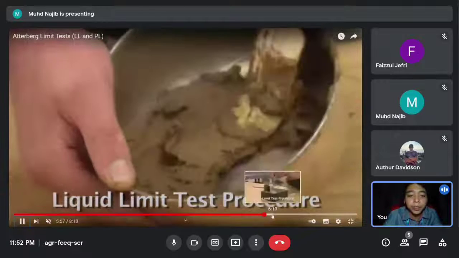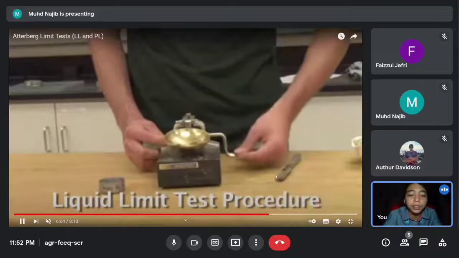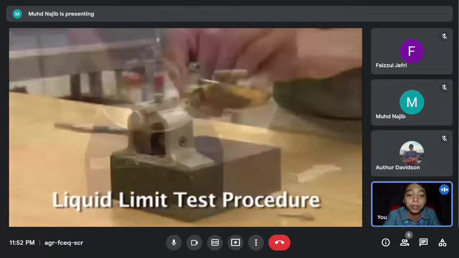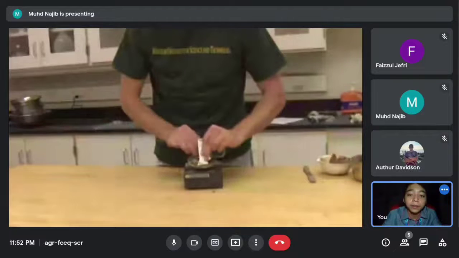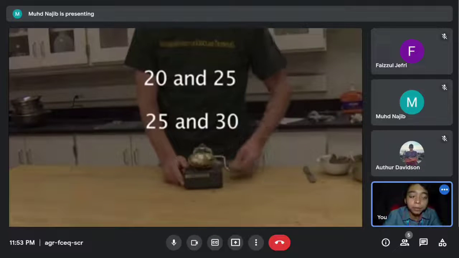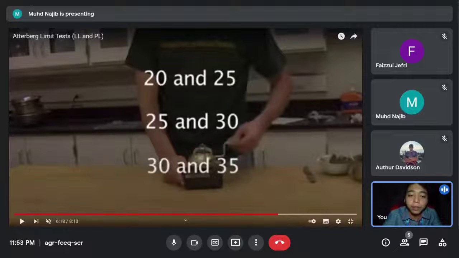Remix the soil specimen in the porcelain dish. Add a small amount of distilled water to increase the water content so that the number of drops required to close the groove decreases. Now repeat steps 6, 7, and 8 for at least 2 additional trials, producing successively lower numbers of drops to